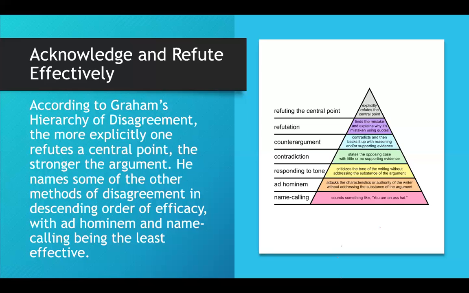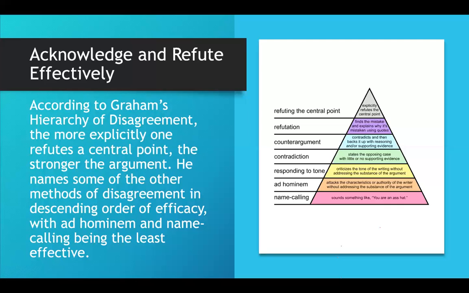That's the cheapest way of opposing a counter argument, right? Is to resort to name calling. So it sounds something like "you are an asshat," which is obviously pretty funny. We wouldn't write that in a paper anyway, but we don't want to resort to just simply labeling the other side as ignorant or as stupid or any other kind of names that are derogatory or reductive. That just makes our argument seem weak because it seems petty. It appears as if you can't really get into the nitty gritty of the argument. You can't make your point without resorting to name calling.